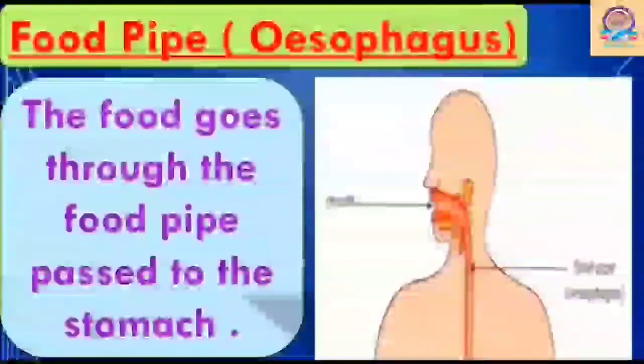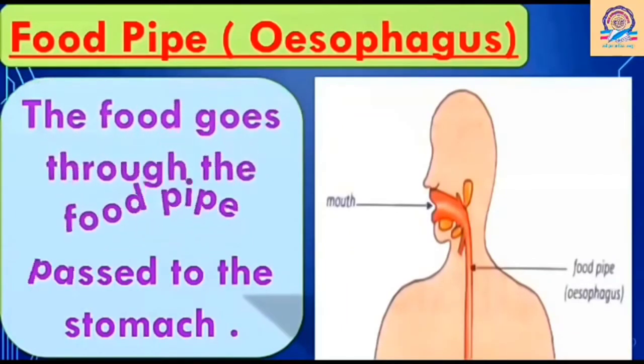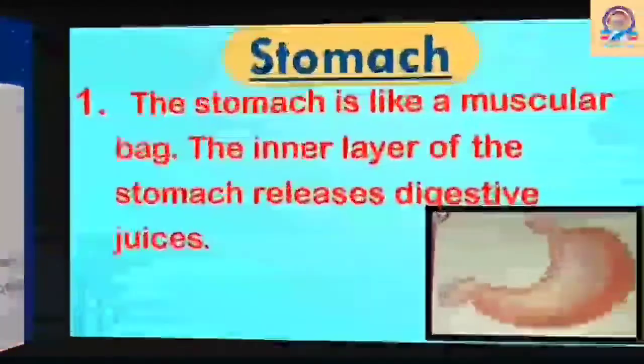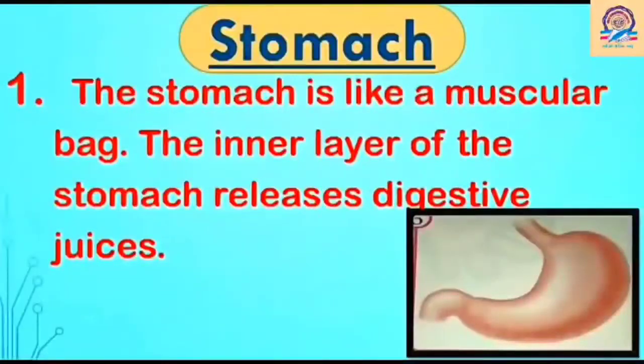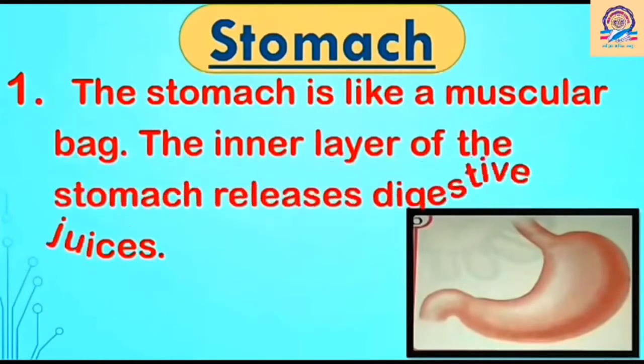So next is the food pipe, which is also known as, yes, the esophagus. The food goes to the food pipe and passes to the stomach. Okay. Now the food has passed on to the stomach, and the stomach is like a muscular bag. If you see it in the picture, it looks like a